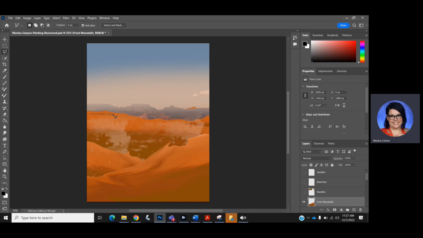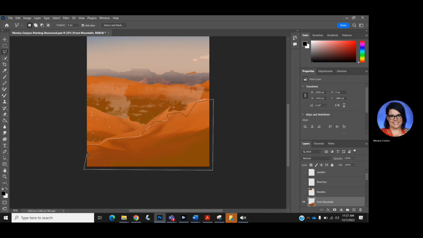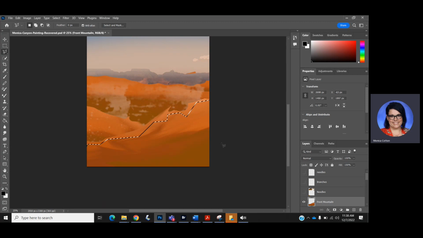So you have to make sure you're on the layer. I'm going to hit escape to get rid of it. Make sure you're on the layer. So it's that layer. Let me try it here. I could make it almost like cutting out the shape of this. I can make it really precise. Then I want to go down and back to where I started. When I do that, it's selecting just the parts that I